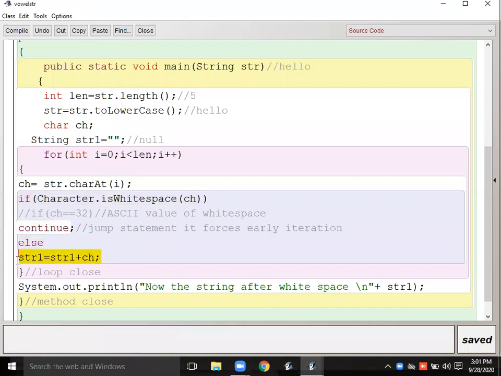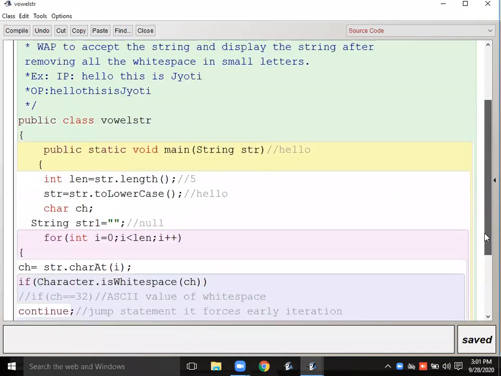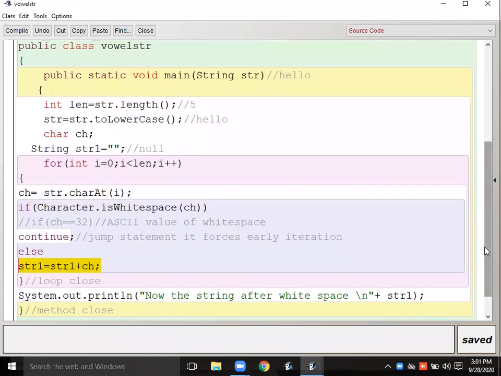Now many types of questions can be formed in this. What questions can be formed? They can ask you to display the string after removing all the digits, or if a digit is there. They can ask you to display only the digits from the string. That can also happen.